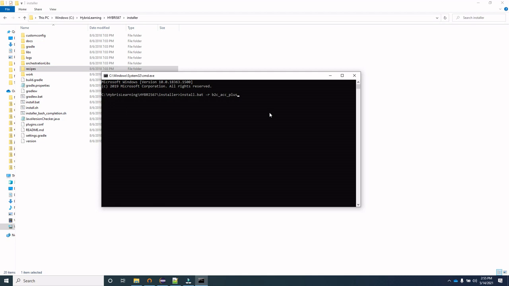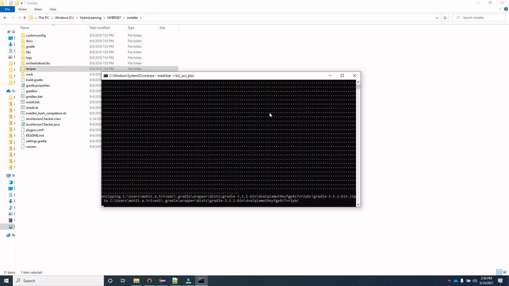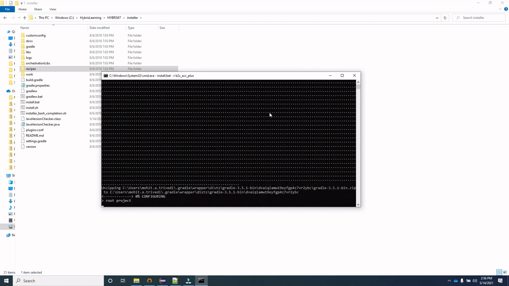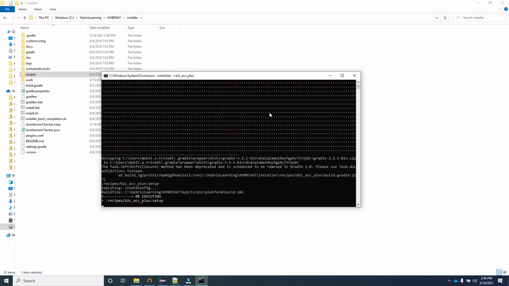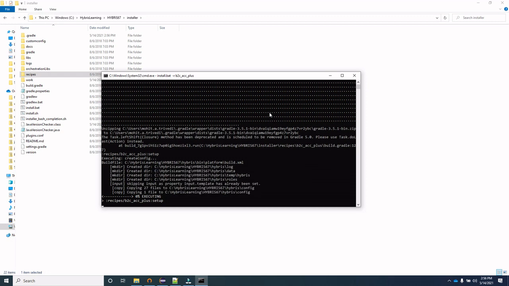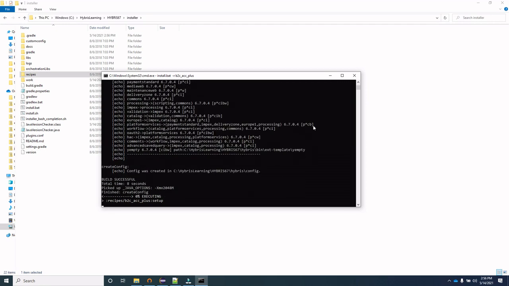After that, we click enter. This command will basically add all the required extensions needed to create this B2C accelerator. All those extensions will be added into the local extensions.xml file. Let's wait for this to be over.